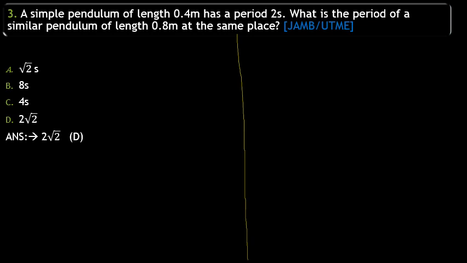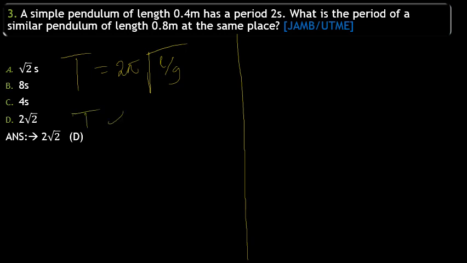Length and period. So I know that period is equal to 2 pi square root of L over g. So since I'm comparing period with length, every other parameter should be rendered 1. Remember, g is a constant. Sorry, not 0, it should be rendered 1. Alright, so